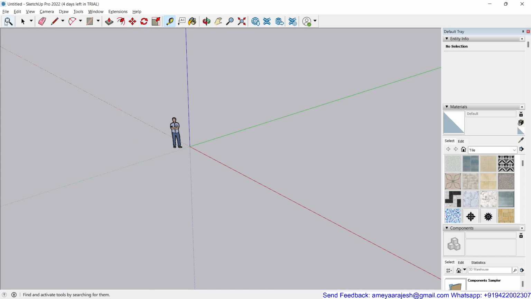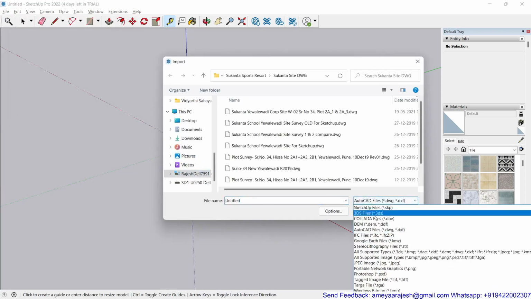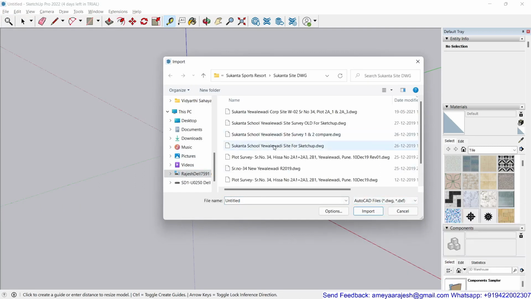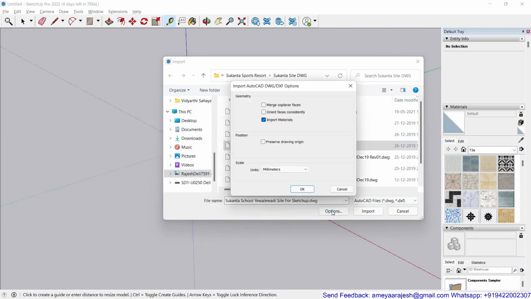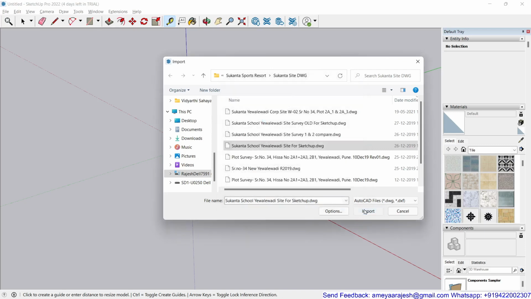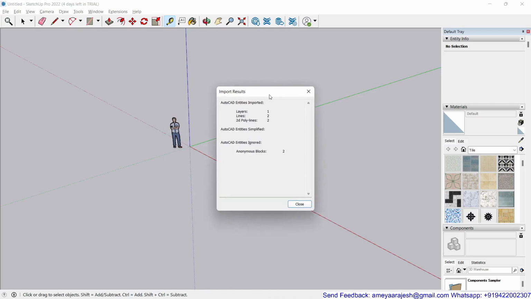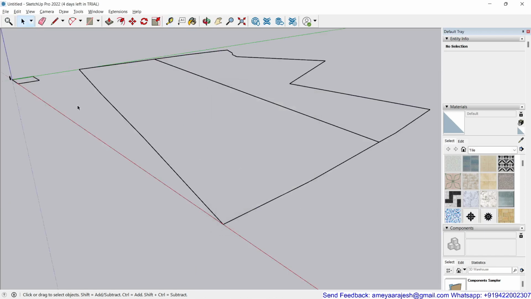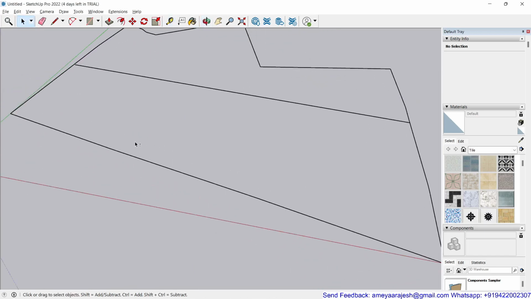Then choose File, Import, and obviously the extension you have to choose is DWG. Locate the required file which you are willing to import. At the time of importing, cross-check the option, especially the scale units; you have to choose the one that matches your DWG format. Right now it is exactly matching with me as millimeter. Rest of the things I'm not going to change. I'll say okay and then import. Once I say import, you might even get prompted for a few confirmations. So please confirm, and that's it. Your data is now ready.